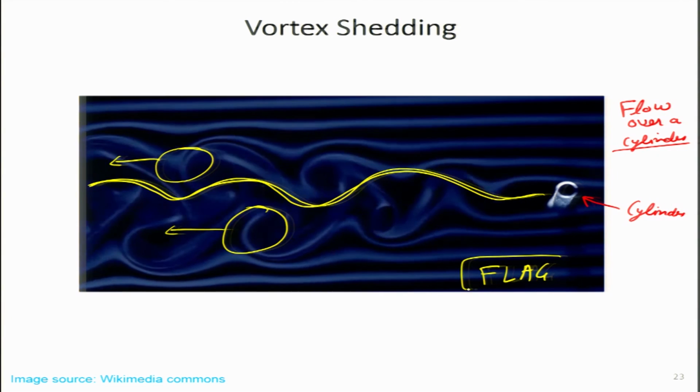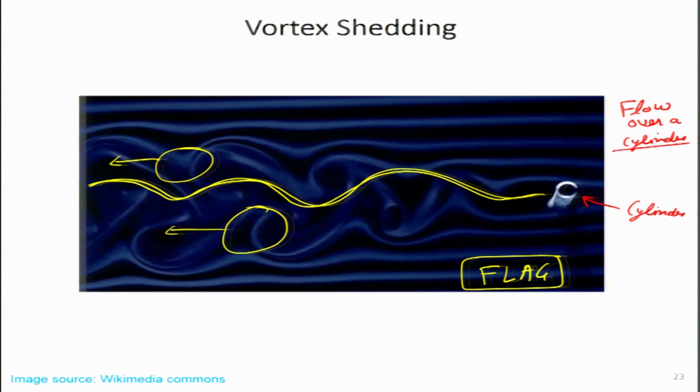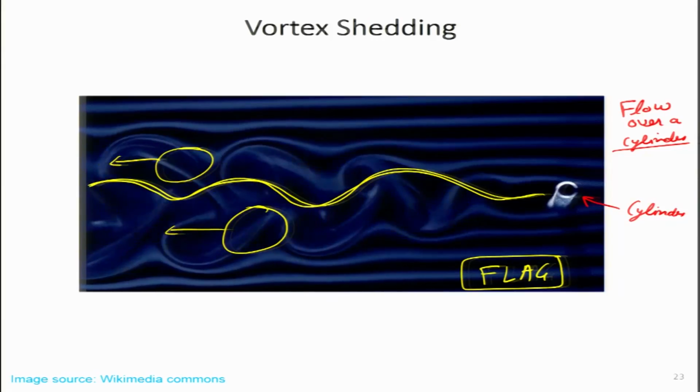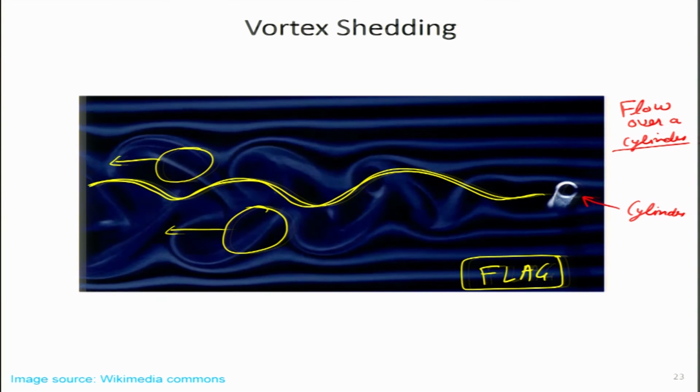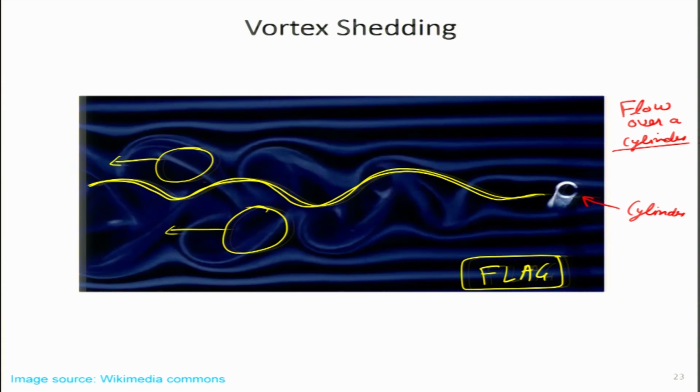So we have all seen the flag, and in Hindi we call that the flag lehra raha hai, or in English it is fluttering. The flag is moving like that. So we have all seen on a windy day the flag doing something like this. It is actually because of this concept called vortex shedding which is taking place, and you can clearly see on the top side and bottom side, it is not happening simultaneously.